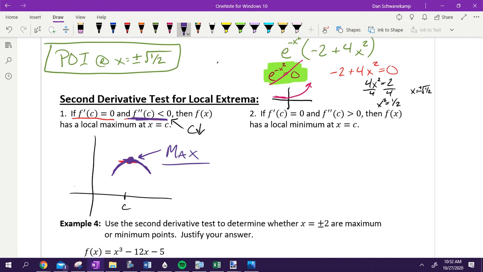It's a maximum. It's got to be a max. The slope is 0 and you're concave down. There's concave down. That's where the slope is 0. It's a maximum. It's the highest point on my graph. Make sense? So the other thing would also be true. If my slope is 0, so pick a point, make the slope 0,